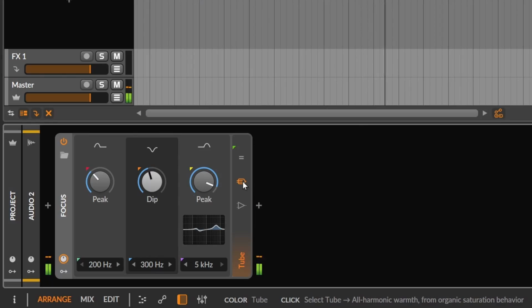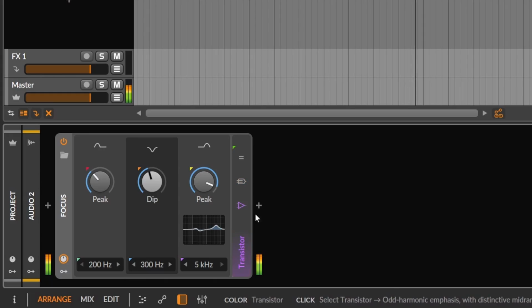Now, the EQ that most people use is tube bass, so you have the option to use tube saturation. But Bitwig knows that many people like the curves and want to keep it clean. They added that option, but not only that, we can also set it to transistor, having a unique type of